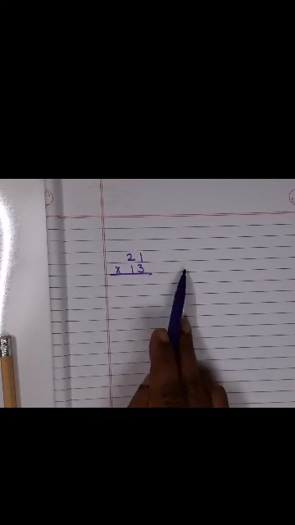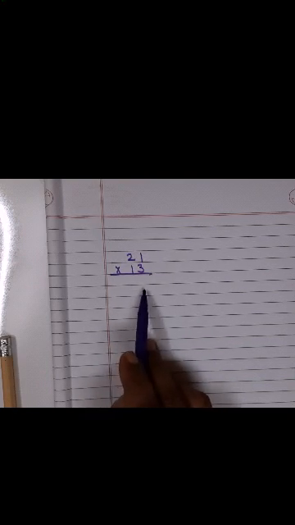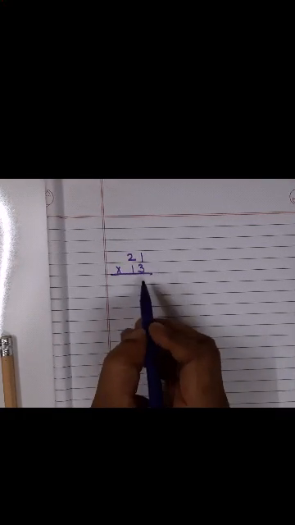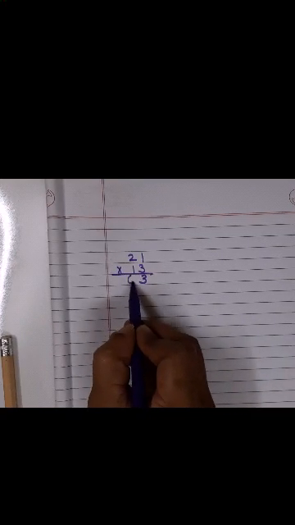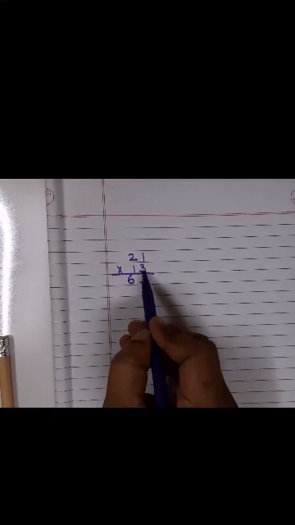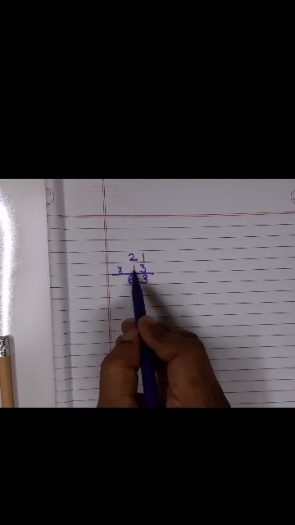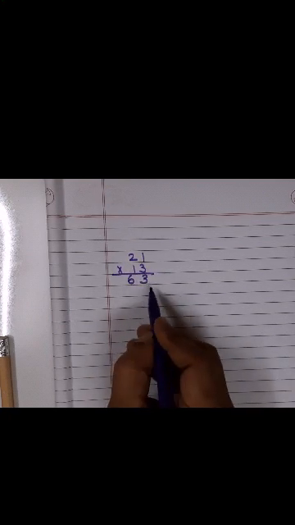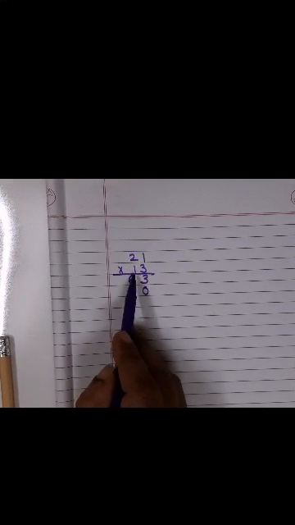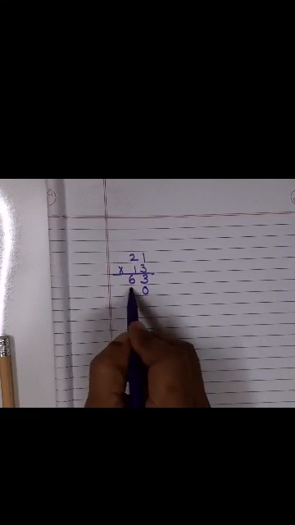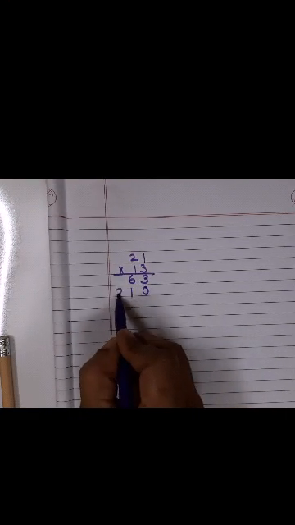Now, children, 21 is your multiplicand, 13 is your multiplier, and we have to find the product, right? Now, first you multiply this side, children, the unit side. 3 ones is 3. Okay, 3 twos is 6. Right? Now, once we are finished with the units, we move to the tens place. 1 into 1. Children, before moving there, you need to put a 0 here, because now we are moving to the tens place. 1 into 1 is 1 and 1 into 2 is 2.